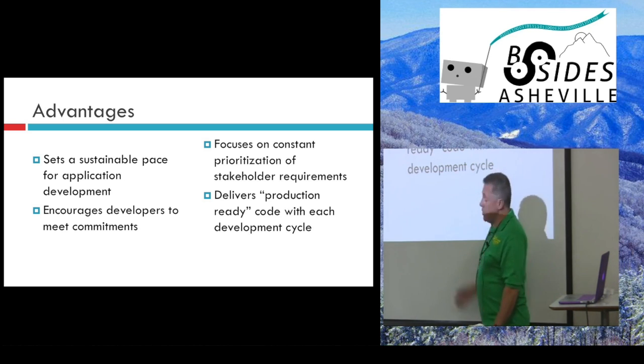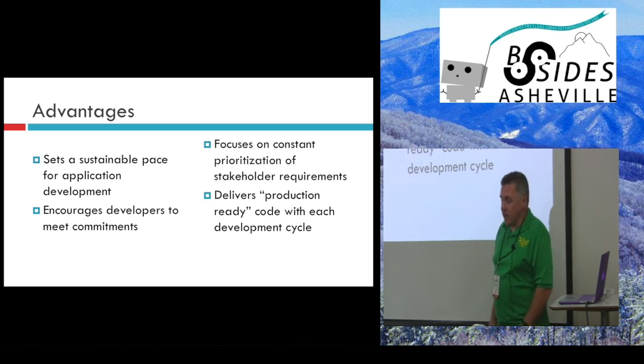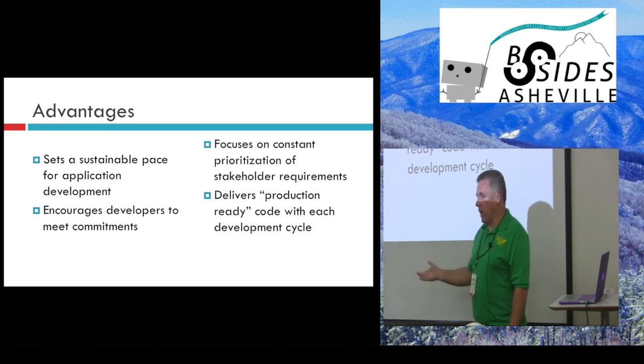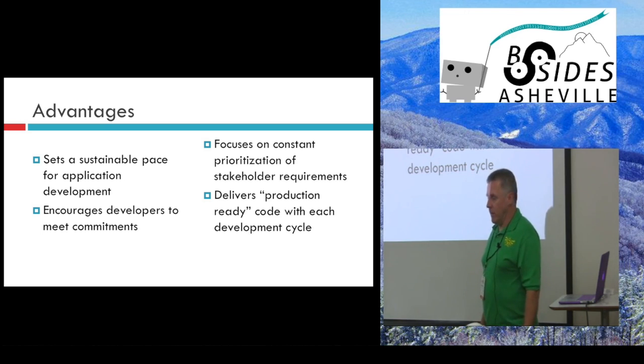The next thing is every sprint you reprioritize the entire list of work that hasn't been completed yet. So if you figure out that the iPhone 7 is going to have a super camera and you're working for Samsung, maybe you make it more important to get a better camera into your product than the iPhone is going to have. So it allows you to adjust to market changes.